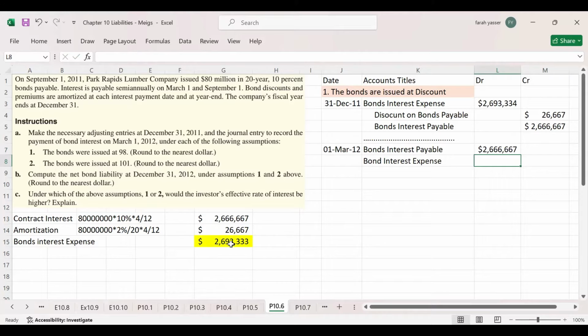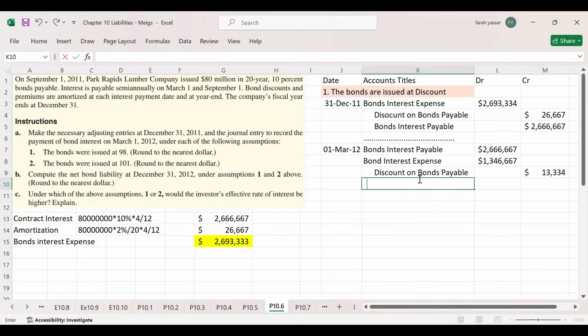So here the total interest expense is this amount, and this is this amount representing 4 months. So we will convert it into 2 months, which is 2693,333 divided by 2. So this is the 2 month of interest expense. Then record discount on bonds payable. This discount we have already calculated, but this discount represents 4 months, and we are passing this entry for 2 months, because we have already recorded discount for 4 months. So remaining 2 months. Now we are recording it for remaining 2 months. So 26667 divide by 2,